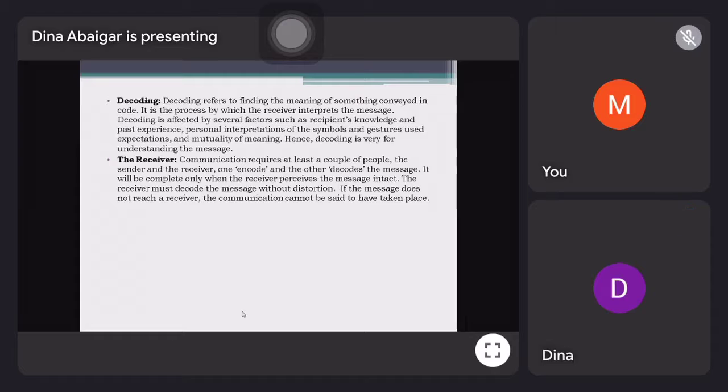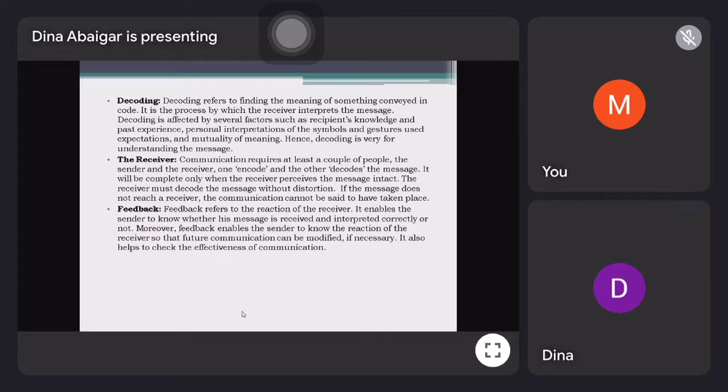Of course, we must know if the receiver received the message intact, or if he or she fully understood what the sender gave, or what the communicator has been sending. So we must know, as you know, understanding the communication given is very important. Here we learn that the receiver understood what the sender sent.